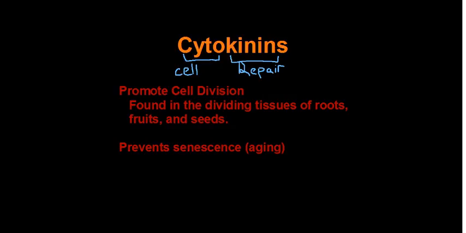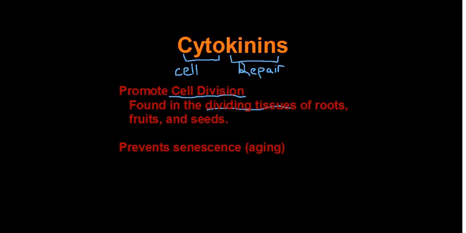So where are we going to find this? Or what does cytokinins do? It promotes cell division, and it's found in dividing tissues of things like roots, seeds, and fruits. And it also has anti-aging properties. It prevents senescence, which is aging. So that's really cool. And there's been a lot of studies done on cytokinins